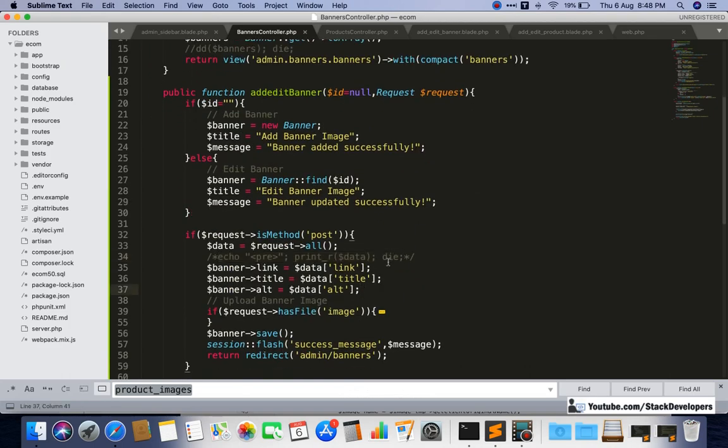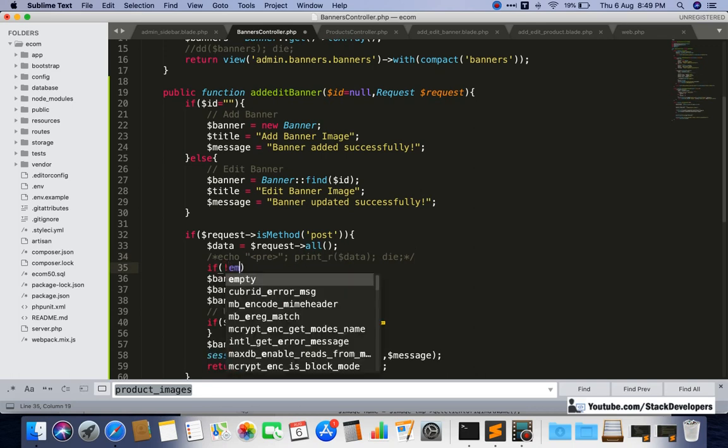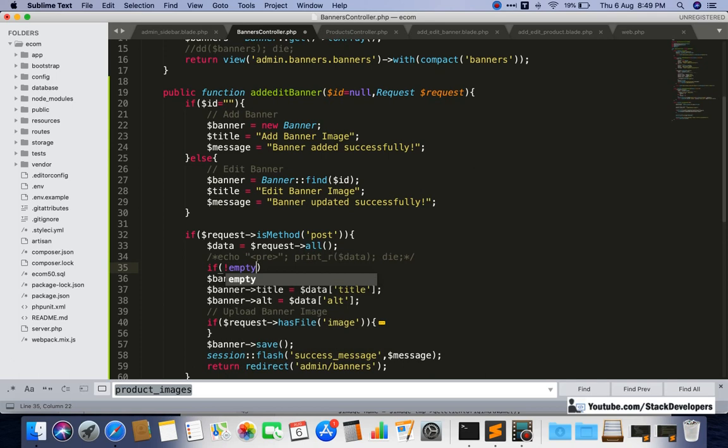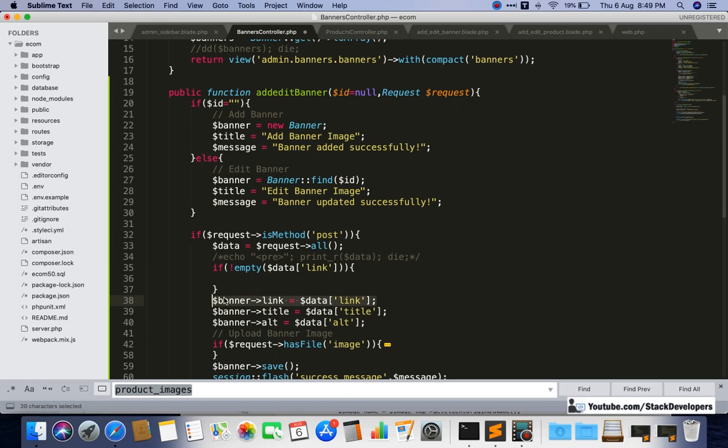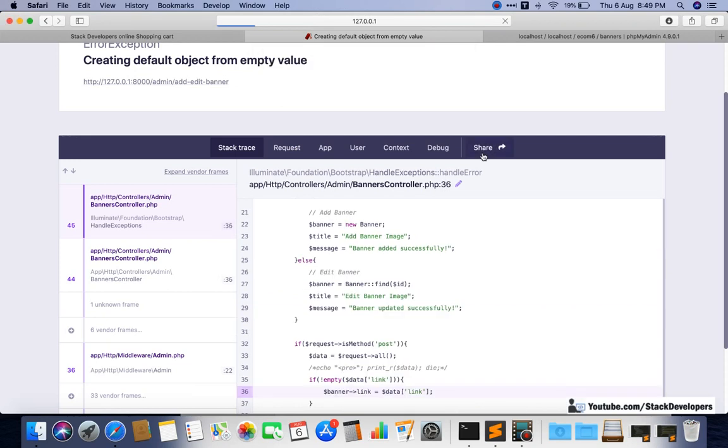Either we can do one thing here: if $banner link is not empty, or isset we can add, then we will check once whether it comes or not.